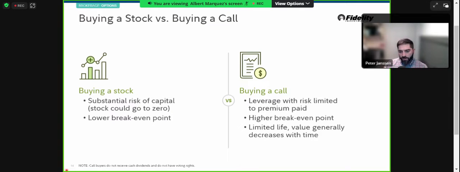Yeah, maybe so, or at least just to piggyback off of a lot of what you said. I think this slide says a lot, because especially when we've got the full hour to focus on just buying calls as far as the strategy is concerned, oftentimes, like you mentioned, it's an alternative, right? We're thinking about our opportunity cost if we are looking to purchase a stock in comparison to buying a call. What are the benefits or drawbacks of those two different types of products, and being able to recognize that off the bat is helpful.